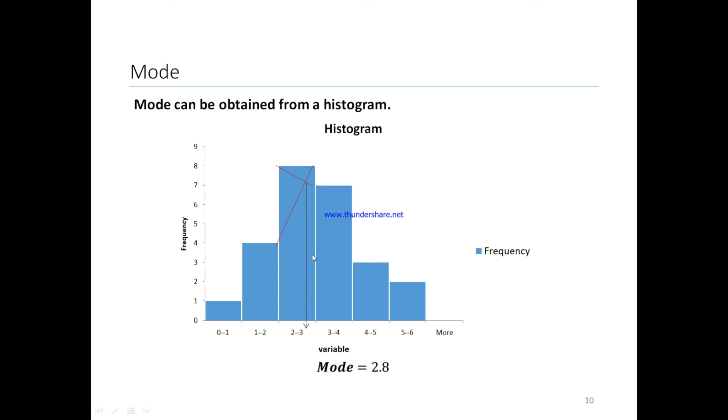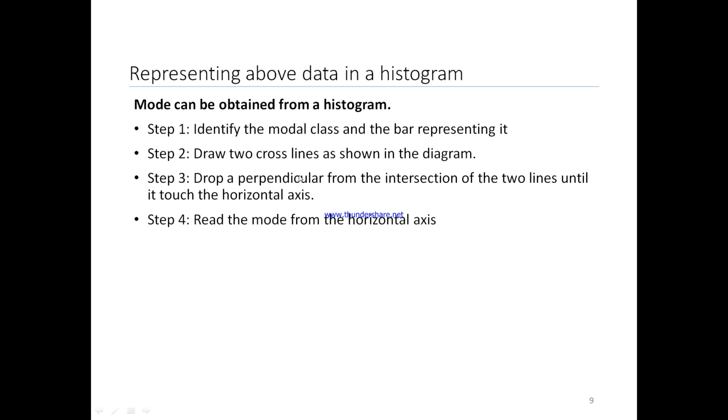first you have to select the modal class, that is the class which has the greatest frequency. So in this case, when you draw the histogram, you can see this 2 to 3 class is the one having the highest height for its bar. So that is the modal class. And then what you have to do, right? So first you identify the modal class using the